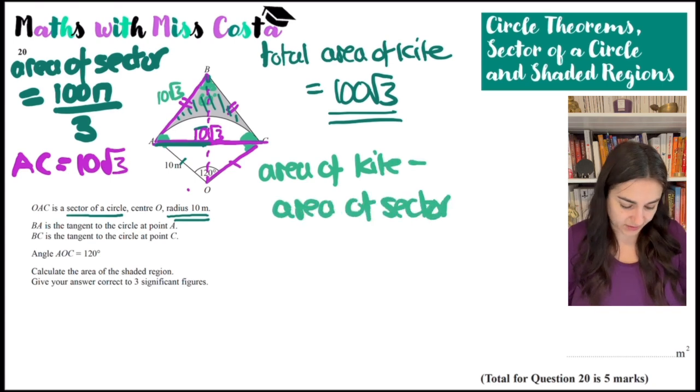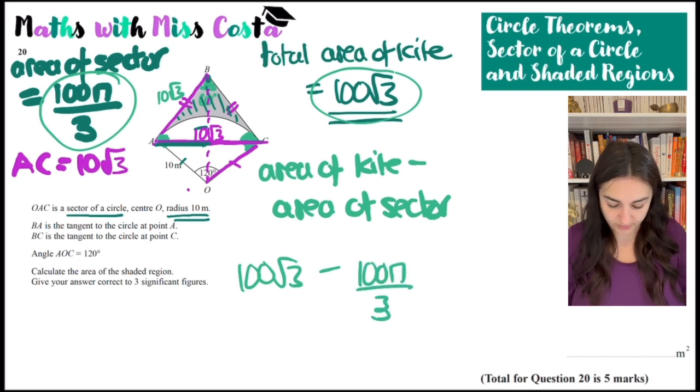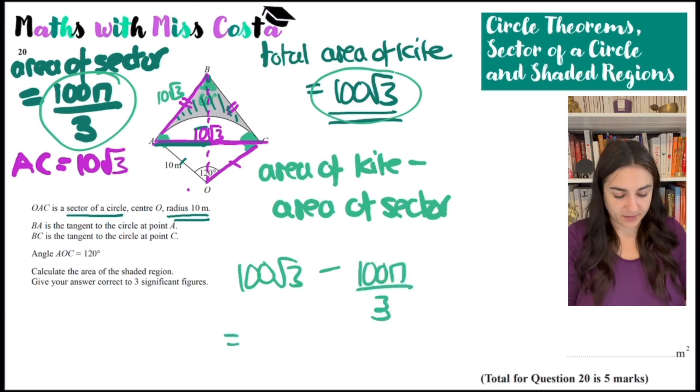So area of kite, 100 root 3, take away the area of the sector, 100 pi over 3, and that gives me 100 root 3, take 100 pi over 3, which gives me